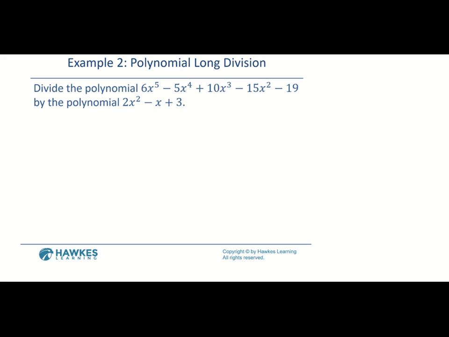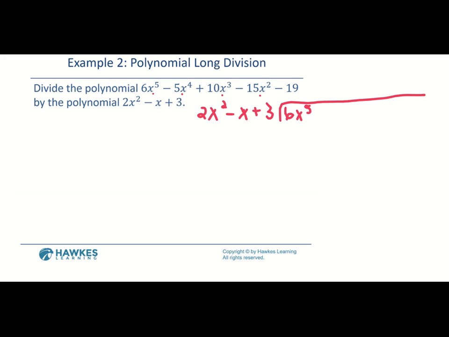All right, so we are going to divide 6x to the 5th minus 5x to the 4th plus 10x to the 3rd minus 15x to the 2nd minus 19 by 2x squared minus x plus 3. Now, for this one, we have x to the 5th, x to the 4th, x to the 3rd, x squared. We're missing that x term. So when we write out this problem and we are going to divide, it's 2x squared minus x plus 3 by,